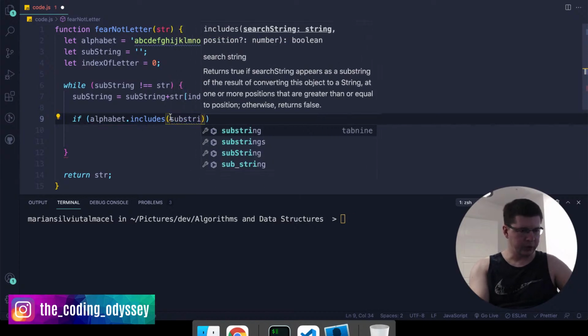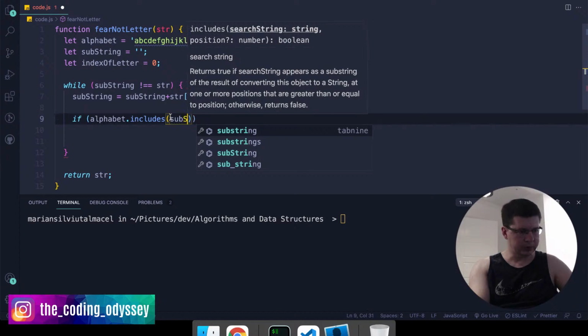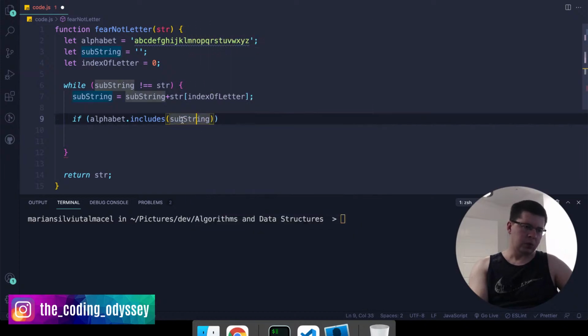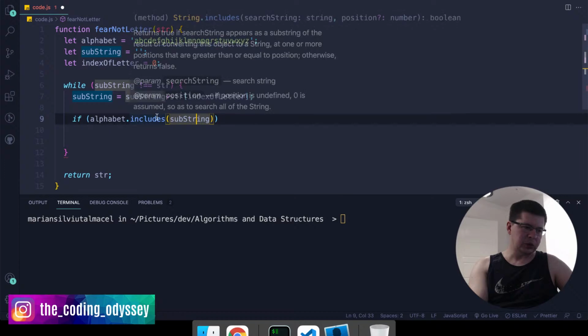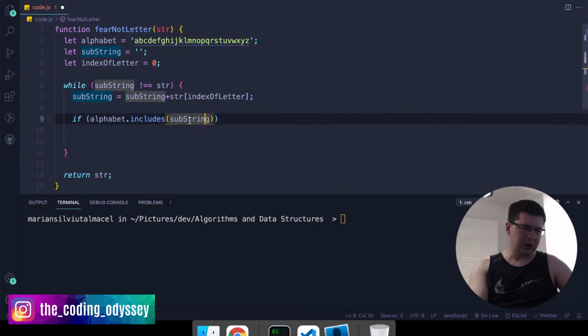So if at this moment it includes substring, we want to do something if it doesn't include. So this one checks if it includes the substring that we have at the moment, which at first is going to be the first letter, and we want to do something if it doesn't include. So if it doesn't include it, well, it's not going to be possible the first time to not include it,